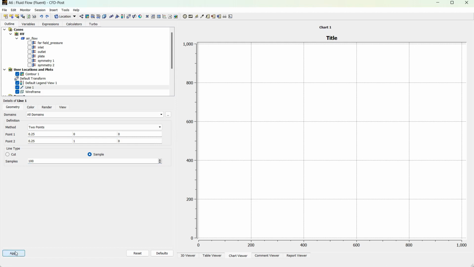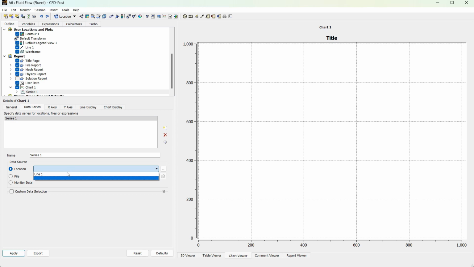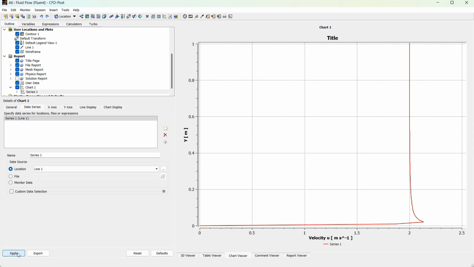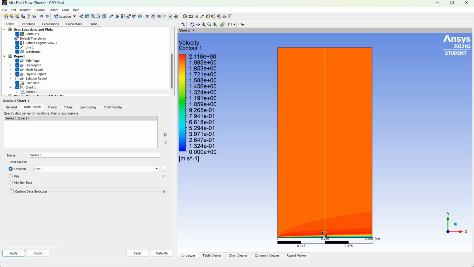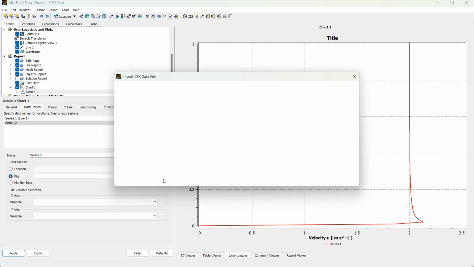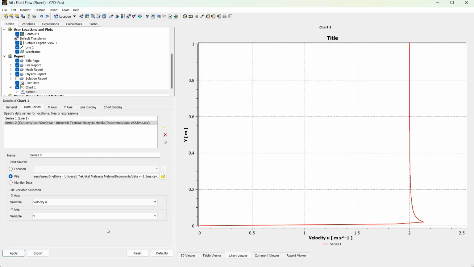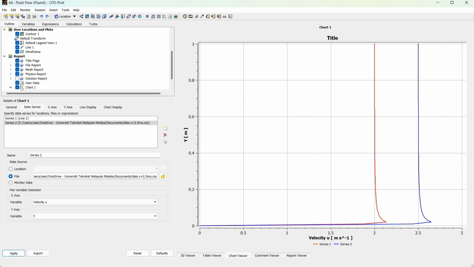After that, we go to series 1 on the chart, and the location we select the line 1 and apply it, and we can see the chart of value of velocity 2.0. After that, we add the series 2, with the value of velocity 2.5 and apply it, and we can see the difference between chart velocity 2